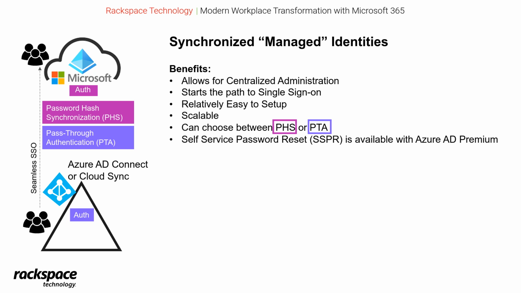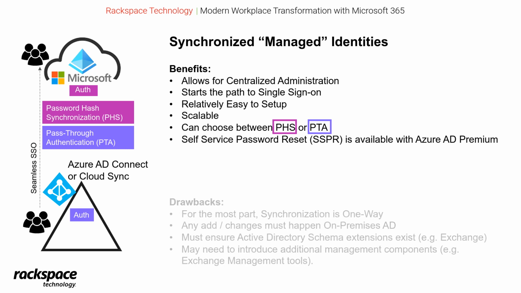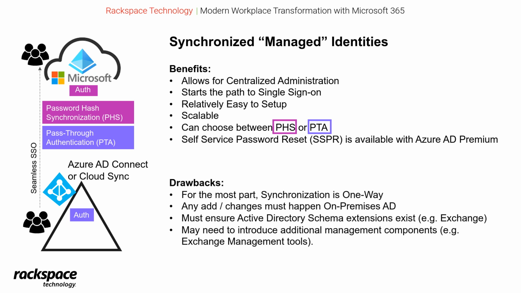With that said, there's a lot of other features, such as self-service password reset, which is available to make life a little bit easier for your users to manage their identities. The only drawbacks with this is that still to this day, synchronization is a one-way road. Now, there are definitely exceptions. There are certain attributes that write back from cloud to on-premise. But for the most part, whenever you're managing identities in this mode, everything really needs to happen from on-premises Active